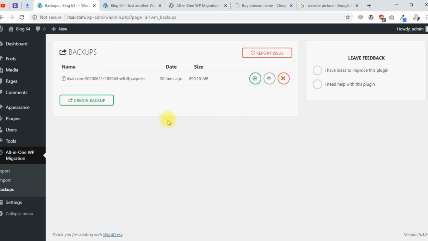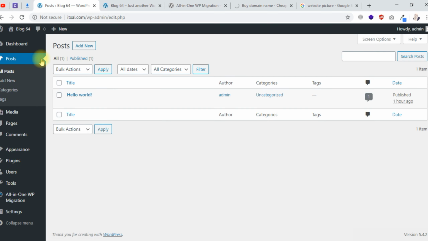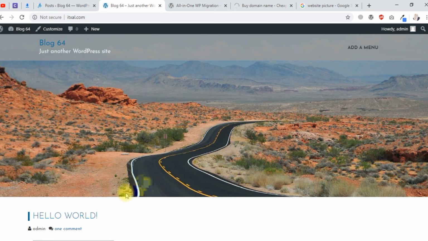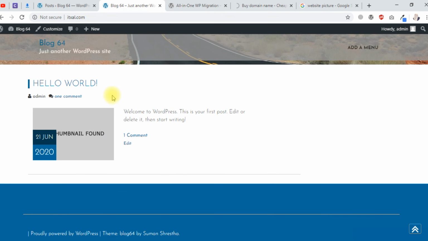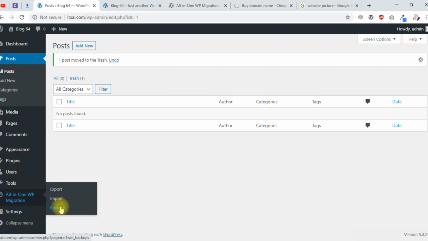After downloading the backup, suppose you accidentally delete any file of the website. This is the blog website, and if I have any post and for any reason or issue you have lost the data, so as you can see, here is the hello world post on the front page. Now I have deleted it and it will disappear here because I have deleted the post, so there is nothing here. If you just simply go to the backups,